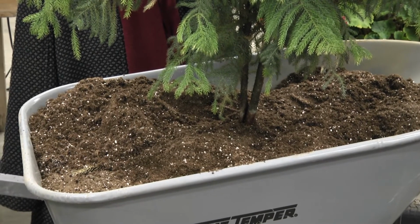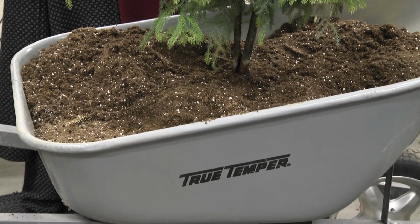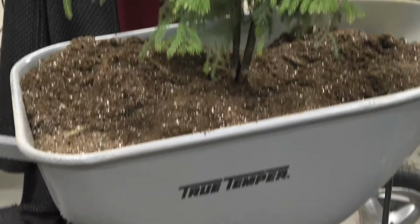So question, when you're planting in a planter, when you're backfilling, do you want to cover all of the...